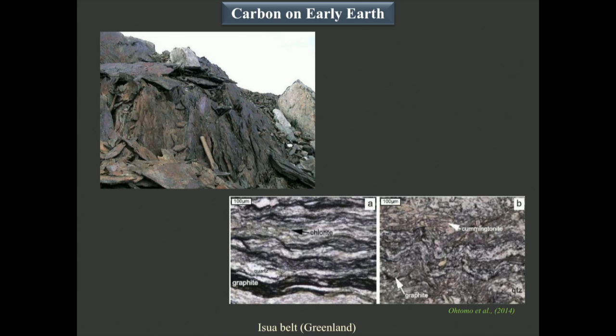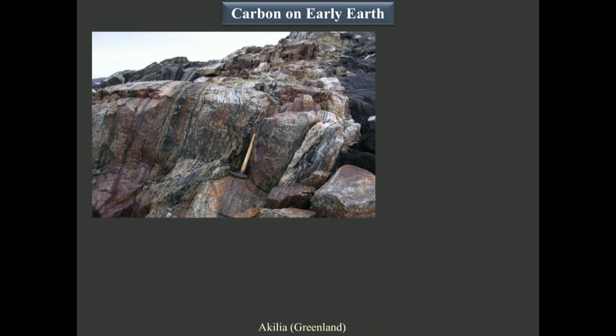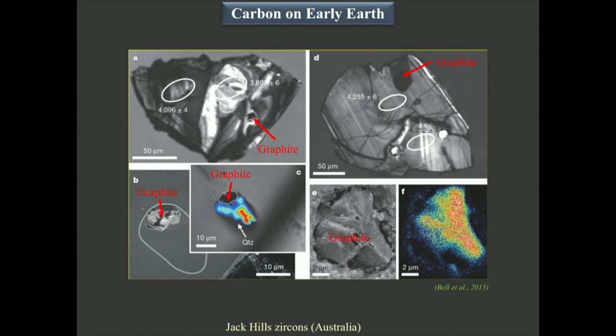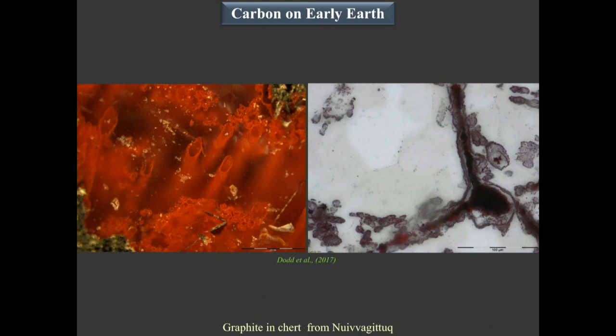So this is graphite. Near Isua, in Aquilia, there are some banded iron formations here, and the banded iron formation is iron and silica. In quartz crystal, for instance, there is some graphite. There is graphite here. Similarly, in Jack Hills zircon, there are some inclusions of graphite. And maybe, I don't know if you have seen this, this was published last week. This is from Nuvvuagittuq, and Dodd reported graphite in some kind of tubes here in the Nuvvuagittuq supracrustal belt, in some hematite-rich chert. The question was about this carbon: is it consistent with life, or is it